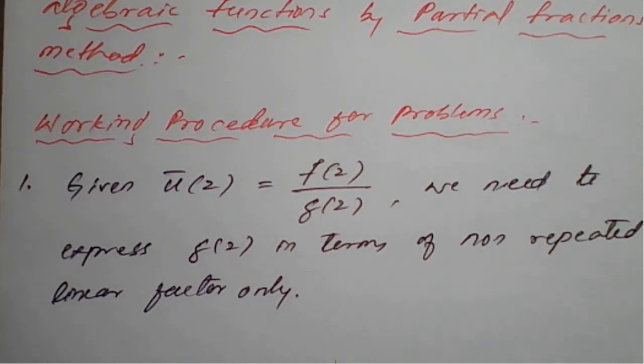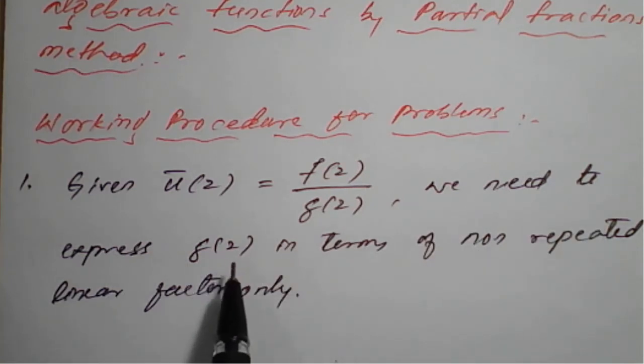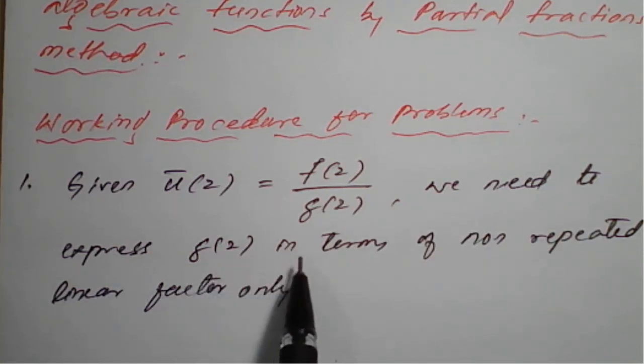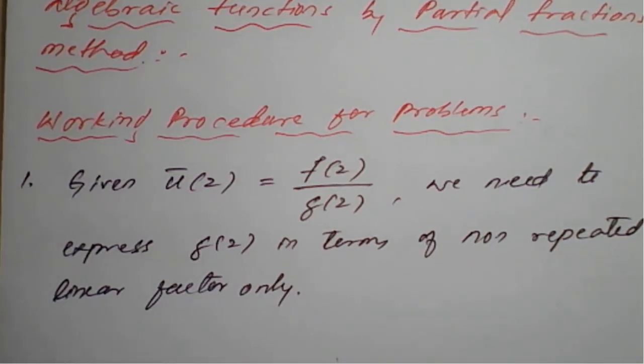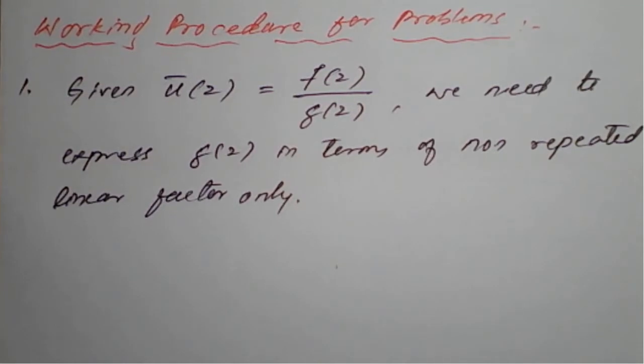So first, given U dash of z, which is in the form of f of z upon g of z, we need to express g, that is the denominator, in terms of non-repeated linear factors only, because whatever formations are there in the standard list of the inverse Z transform, that g of z should fit for that, so that we can easily solve the problems. So once we get this, step number 2 is